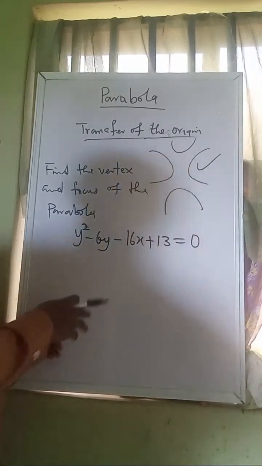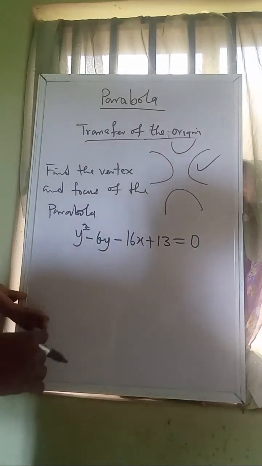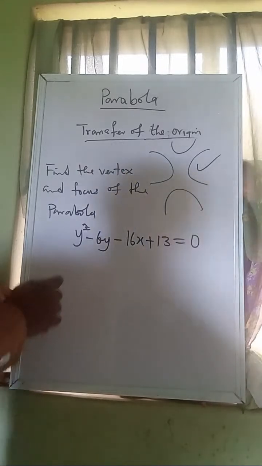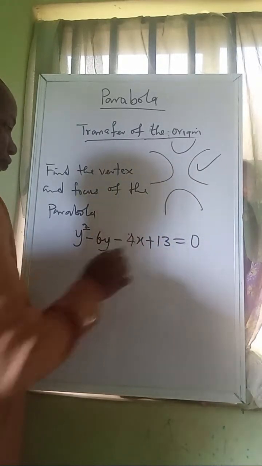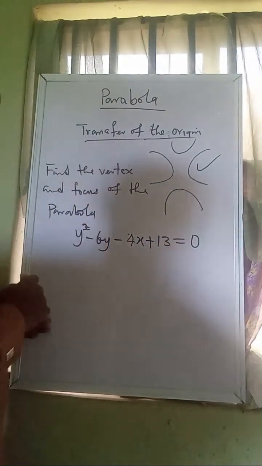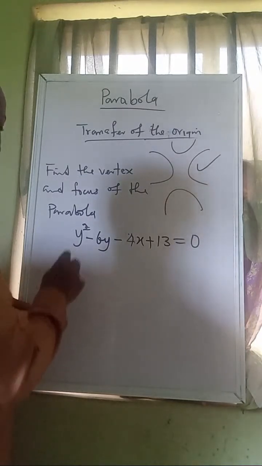So to do this, this is what we do. Let this be 4. So we now see that we can write this as y square